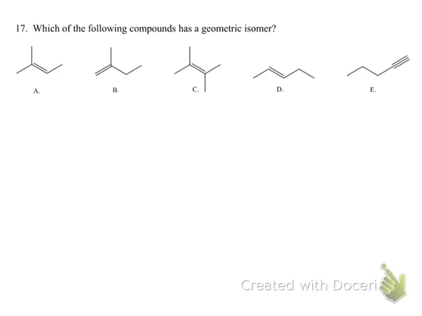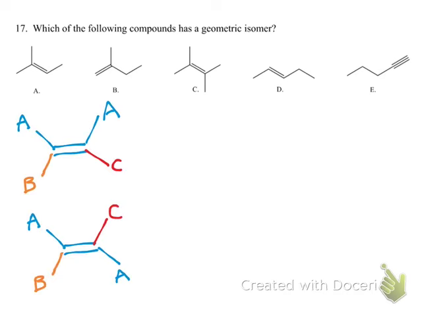This question asks which of these can have a geometric isomer. So for geometric isomers, we're thinking about cis versus trans. And really quickly to go over the difference between the two. In order to tell between cis versus trans, which we don't have to do in this problem, but theoretically, if we were,